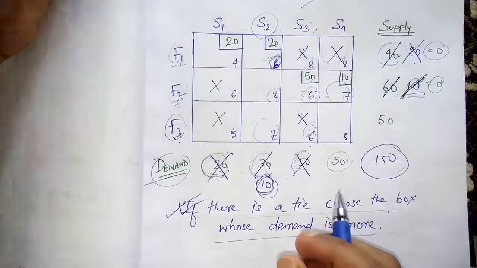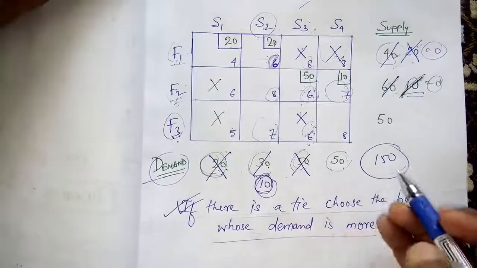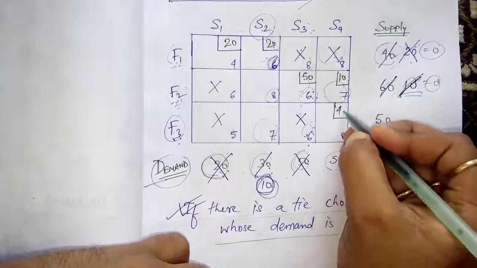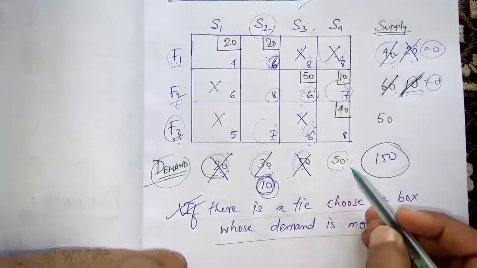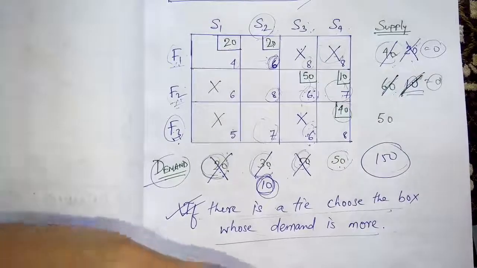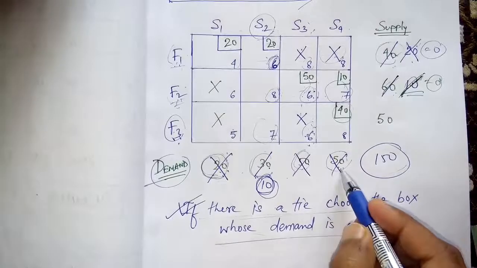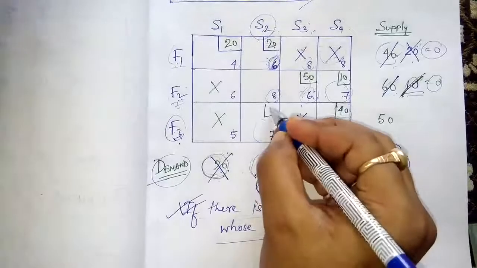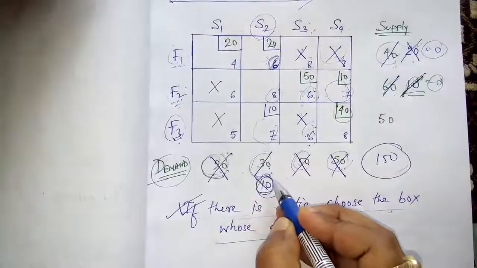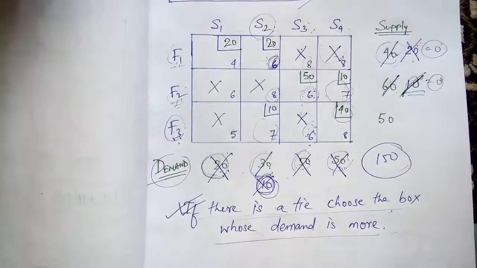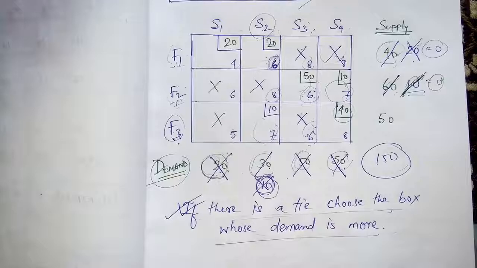Now there is no need to use the least cost method anymore. Of course, what is the value you are going to put here? 40, because store number 4 requires a total of 50 goods. So 10 you have supplied, 40 more. So this requirement is fulfilled. Okay. And how much are you going to put here? 10. This requirement is fulfilled and this box will be crossed. Okay. You have understood what I have done.